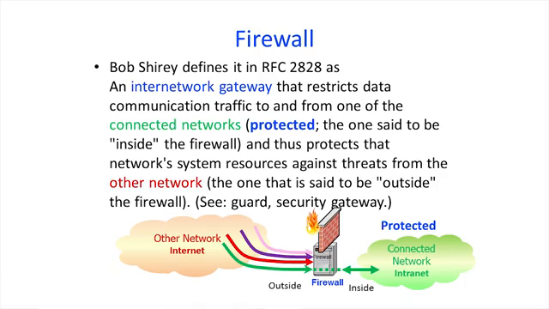For example, on the bottom of the page, we have a firewall device that connects two networks. The right side is called intranet, and it is inside the firewall and protected by the firewall. The left side is the other network, typically internet. The internet sends all different kinds of traffic to the connected networks through the firewall. Only the benign traffic, symbolized by the green color, is allowed to pass through the firewall and deliver to the